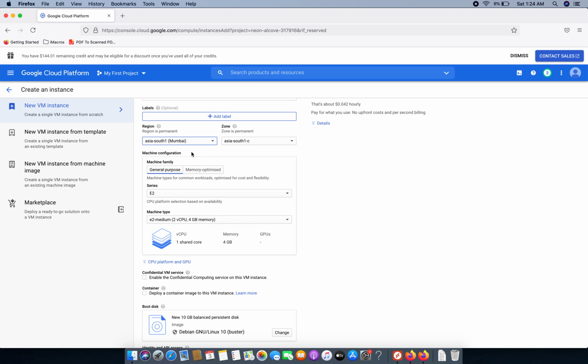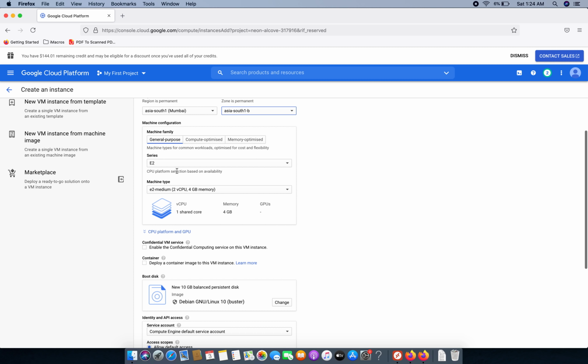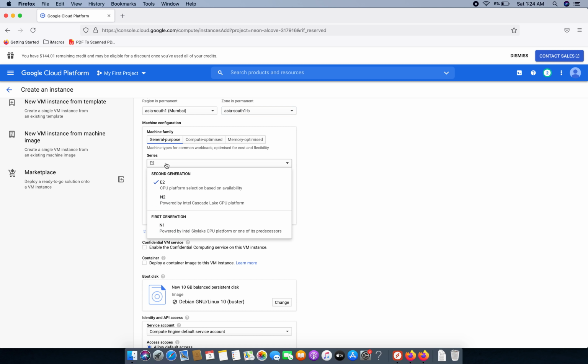So after selecting the region, select the zone, and here select the series which you want, like CPU platform selection based on availability, E2. So you can select E2 series, N2 series, N1 series. N1 series are basically the first generation CPUs.